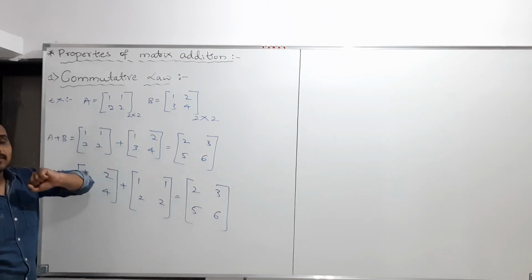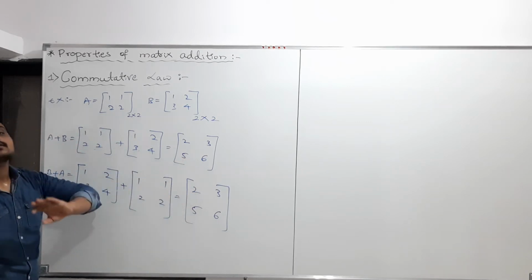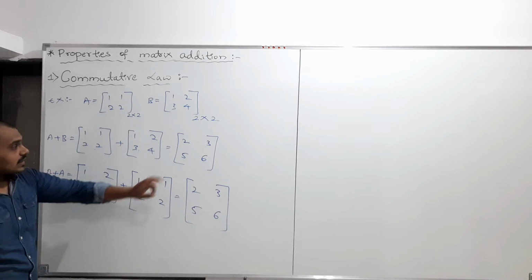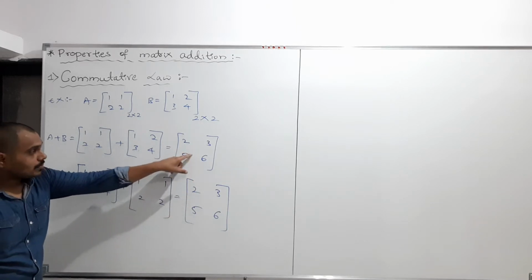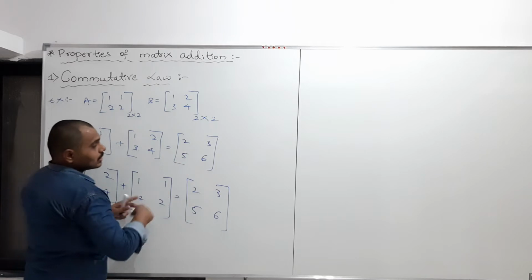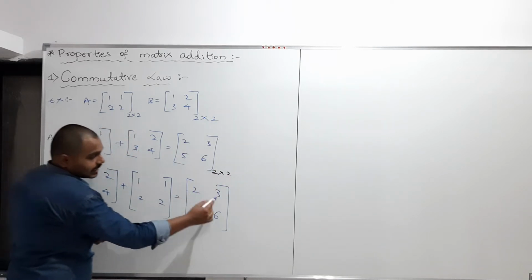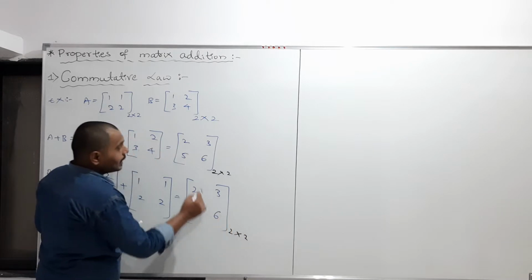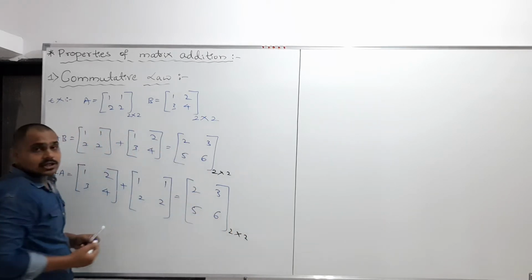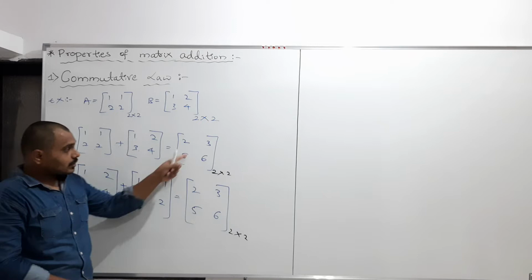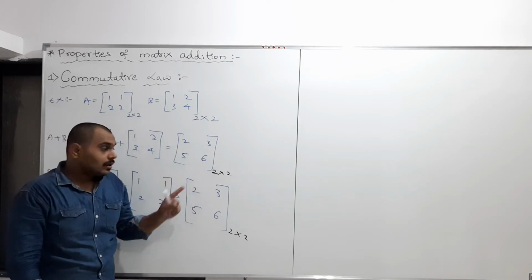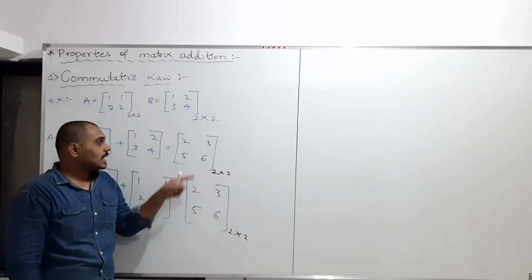We discussed in the previous videos, two matrices are said to be equal if they are of the same order. So what is the order of this matrix? The order of this matrix is 2 cross 2. And what is the order of this matrix? Again here it is 2 cross 2, and the corresponding elements are also same. So if the corresponding elements are also same and the order is same, then we can say that these two